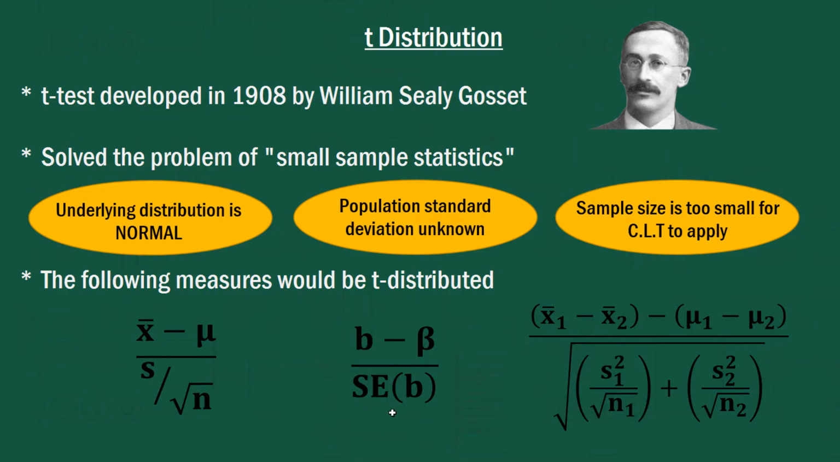This second one here relates to regression, and again, it's the same idea. We have an underlying normal distribution, which is assumed. The population standard deviation is unknown, and that's implied within this standard error here. It's the standard error of the sample gradient. And if our sample size is small, we're going to need a t statistic or a t distribution for this